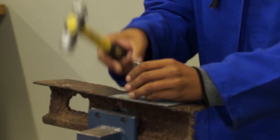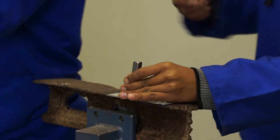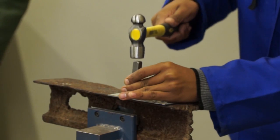Before training at the skill center started, the students need to do 5 other courses: basic business, problem solving, first aid level 1 and 2,